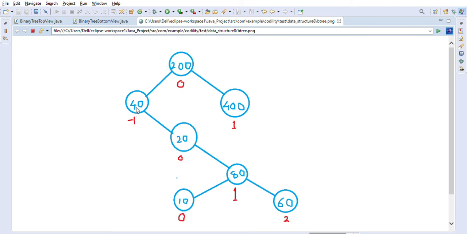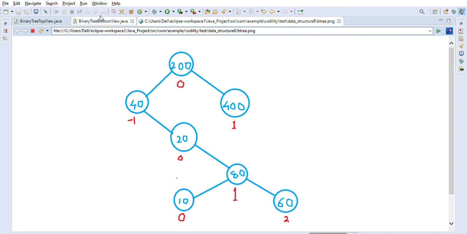When you look at this tree from the bottom upward, you will see 40, then 10, then 80, and then 60. You will not see 20 and 200 because you are looking from the bottom. The first thing you see is 10, so these will be overlapped by 10, and you will see 80 here, and not 400. 400 will be overlapped by 80 because you are looking at it from the bottom.